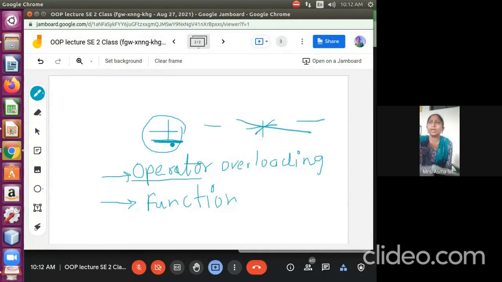So here, the draw method is also one kind of method which we can overload. Area we can overload. Some functions we can overload using polymorphism. So if it is asked in an exam, examples of polymorphism are operator overloading and function overloading.